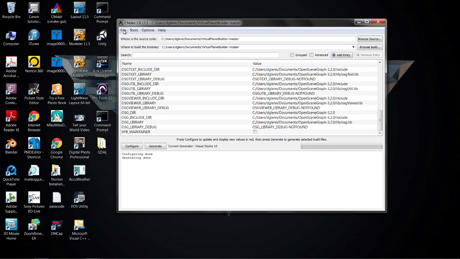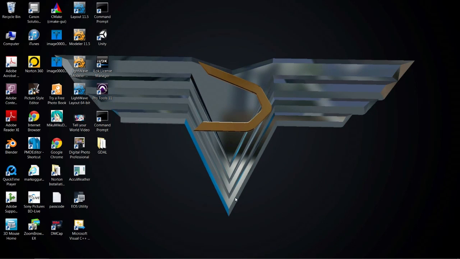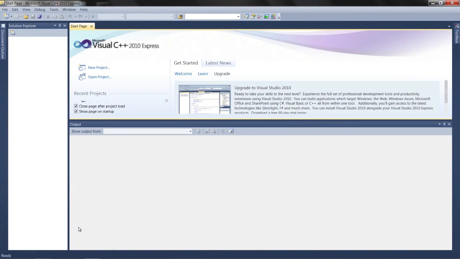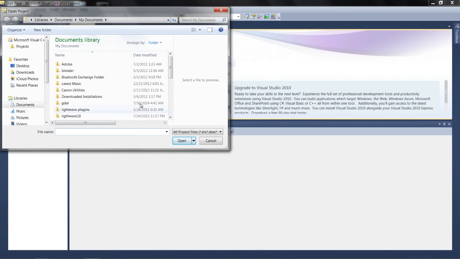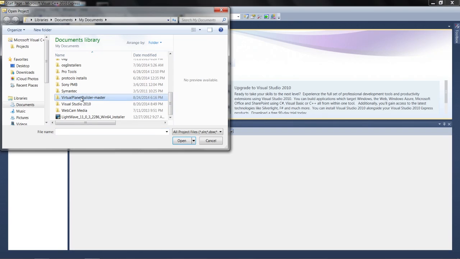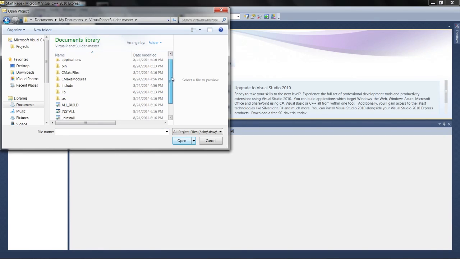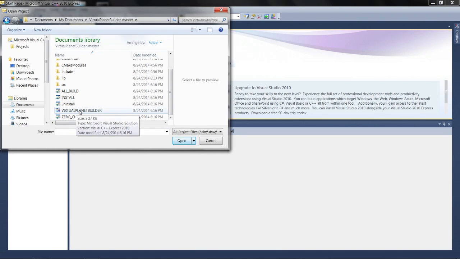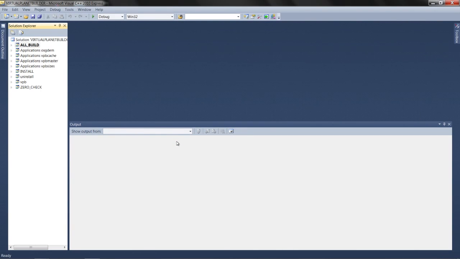And so we're done with this program, and we can move on to Microsoft Visual C++, which we'll click on again, and we'll say Open Project. And since we're in My Documents already, we can go down to Virtual Plant Builder Master and go over, and we're looking for the Studio Solution file, this time for Virtual Plant Builder. And we found it, and we click on that,